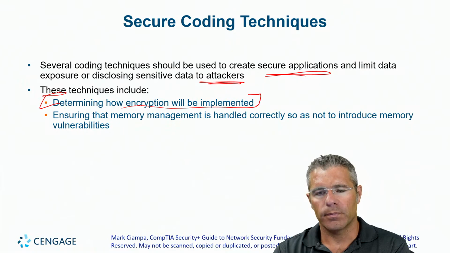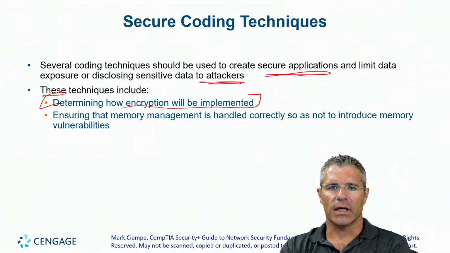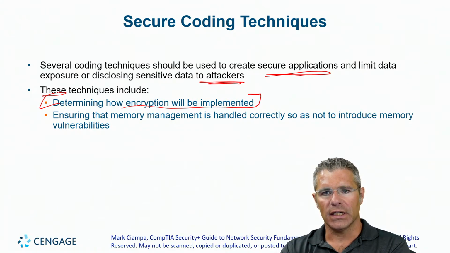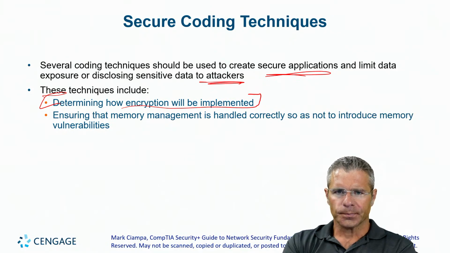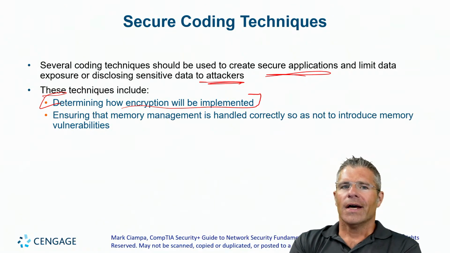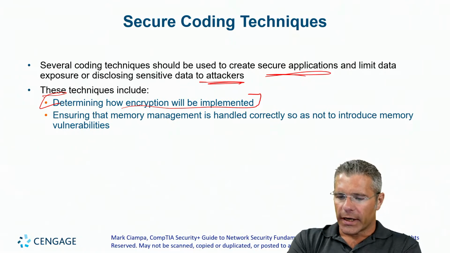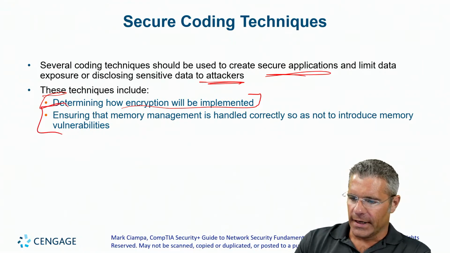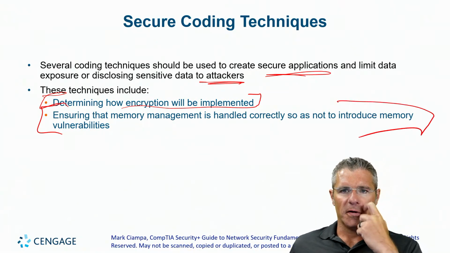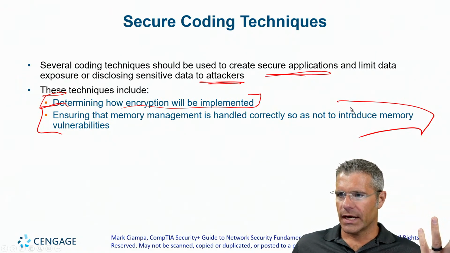And for this point in the course, it's sufficient to know that encryption just means that there's a secret key, and without that secret key, you can't get to it. And then making sure that all of those memory vulnerabilities we're talking about, we are defended against, right? You can't introduce these memory vulnerabilities. And there's a bunch of ways to do that.